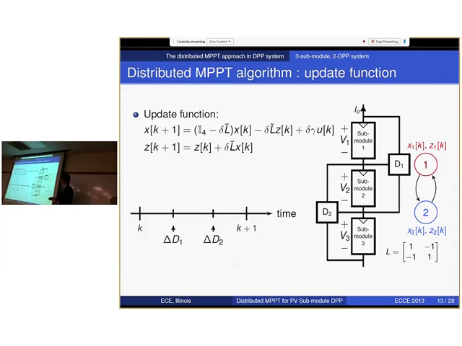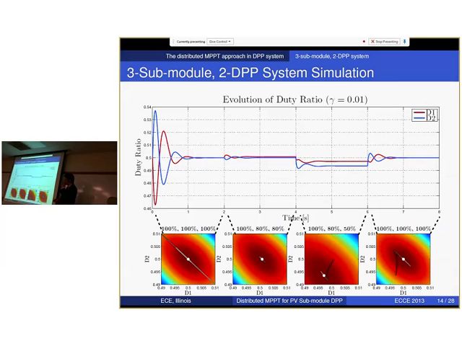And upon the receipt of all this information, they can update their state vector according to this function. I'm not going to go into details about this update function, but you are encouraged to refer to the actual paper for details of this algorithm. And then after this update function, it will just start another round of exchange of information, and the algorithm actually goes on and on. So to have an intuitive understanding of this algorithm,